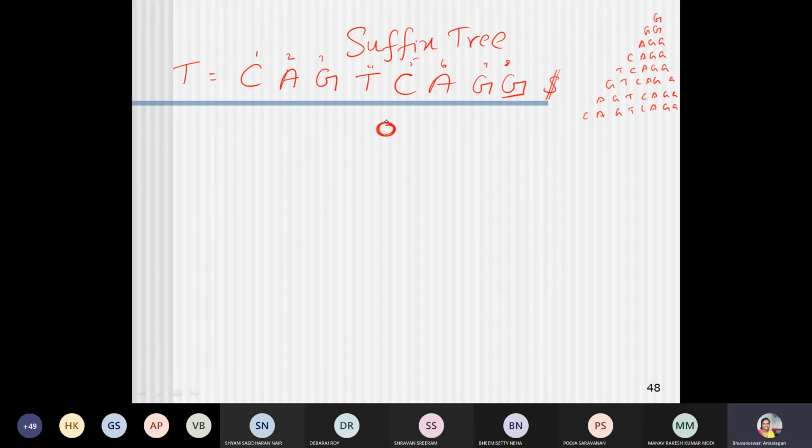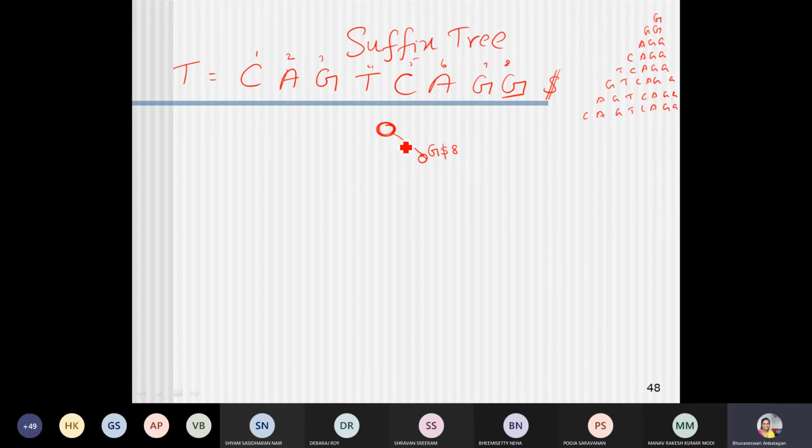Now, based on this, we are going to build the suffix tree. Initially, what is the term that is available? I have G over here. I'll just give it as G, and it ends at number 8, just for representation.